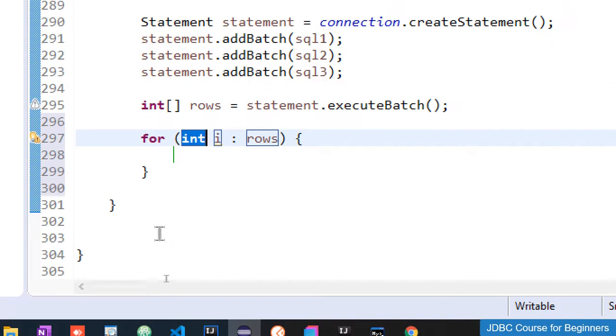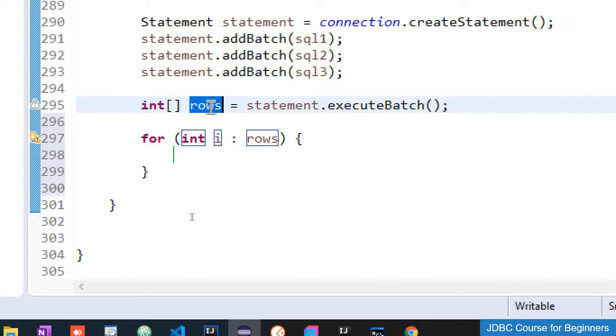So we just need to use for int i, then the colon, and then we give the array name. The array name is rows. I hope you have an idea around this for each loop, and make sure you have given this correctly.